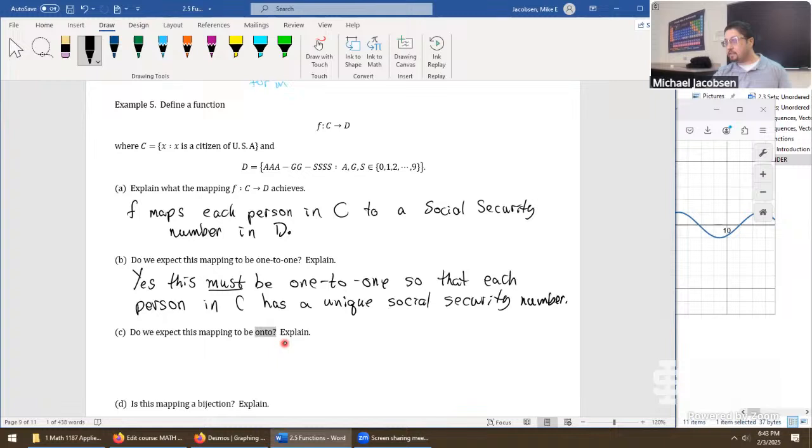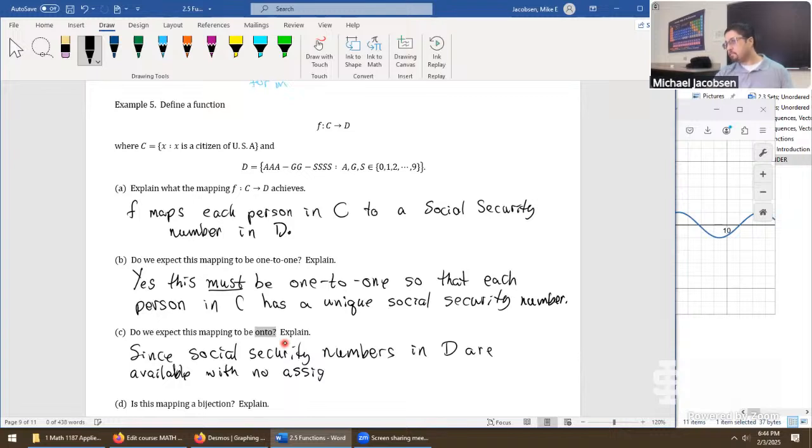We have to say here, since social security numbers in D are available with no assignment from a person in C, the set of all these people up here, F is not onto. So as a system that we wrote down here, it's not an onto mapping because